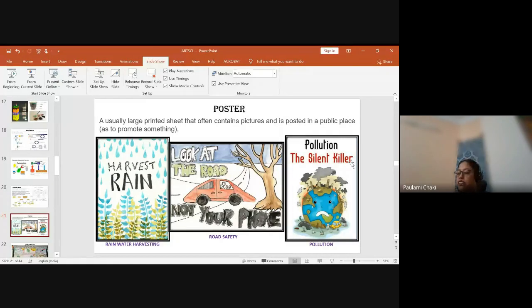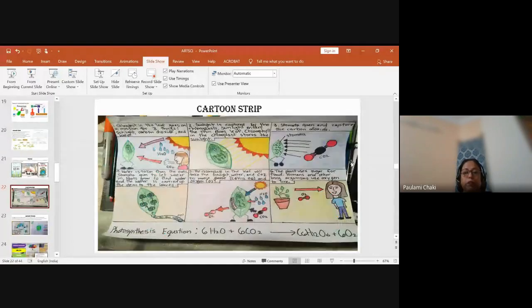So poster making is one thing. Especially, these posters can be done on all common topics like sewage treatment or garbage, how to be garbage in and garbage out. There is one lesson in grade 6. Then air around us, wherein air pollution, in grade 7, 8 also. In grade 8, I remember we have global warming concepts and all, where we can easily introduce posters and even slogans.